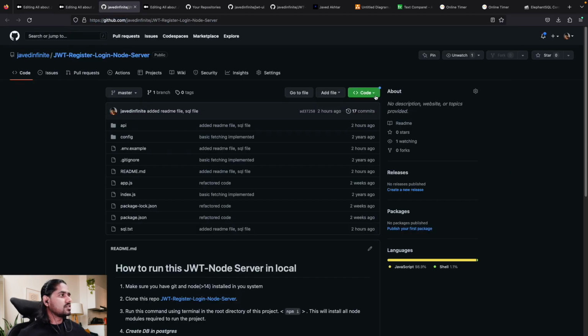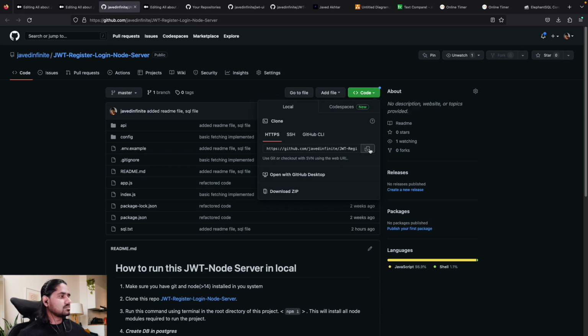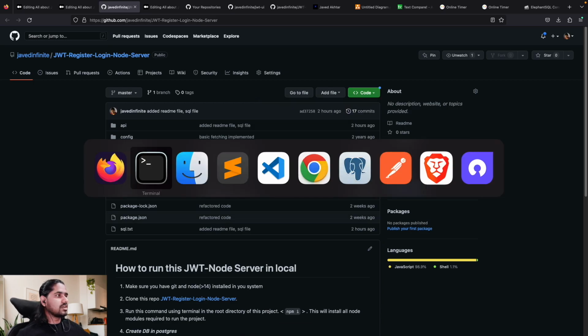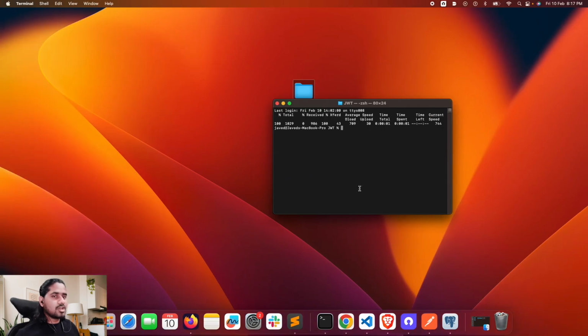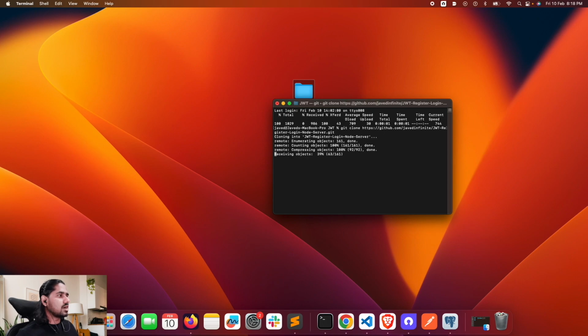So this is the article. I'm just going to copy the URL so that I can clone it, and simply you clone it. Make sure that you have installed Git and of course node as well before doing these steps with me. So the very basic command is git clone, and then paste the URL, and tada, you are done with the cloning part. Now we can simply go to this cloned folder by doing cd,